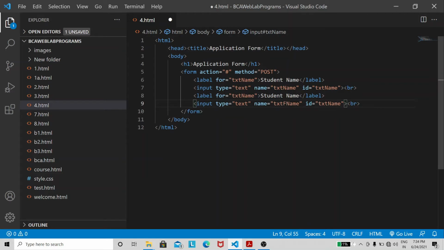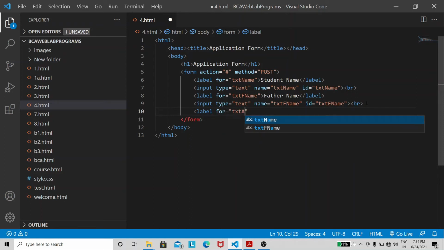Here also I need to make the changes. Next is the address label, for txtadd is the name of the control, address.